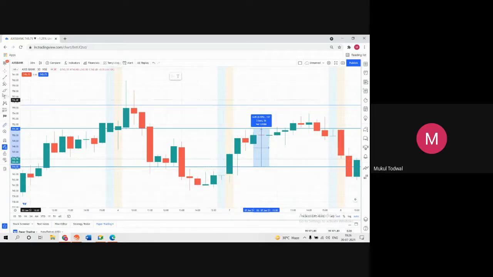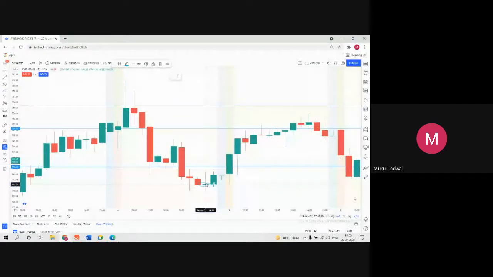Again telling you people, a red candle should be there, followed by a green candle where the actual body, this green colored portion, should be less than the upper shadow or upper tail of the candle by at least 2x. If the body is of this level, the upper tail should be at least say 2x of this body, then it would have been a